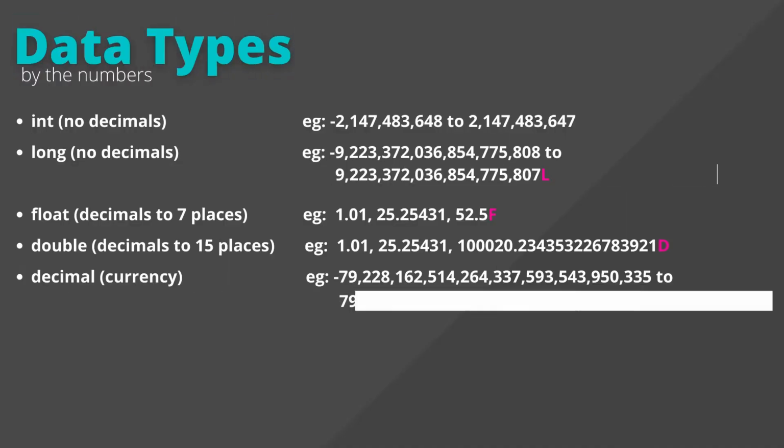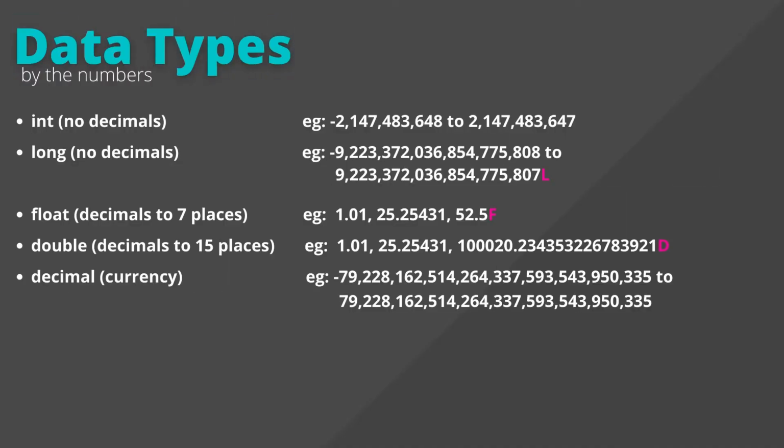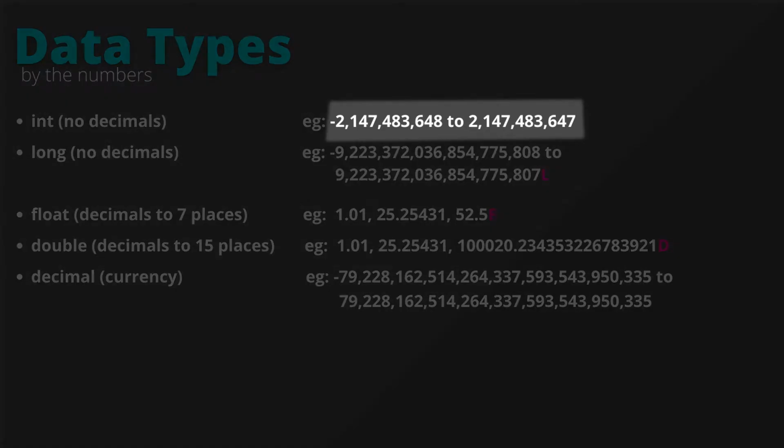The first type of data that we're going to talk about are numbers. The simplest number is a number without decimals. In C#, that's called an int, which is short for integer. The range that an int can store is the number you see on the screen, negative 2 billion and so on. So if you're tracking numbers, if you're adding things up and you don't think that it'll ever get to more than